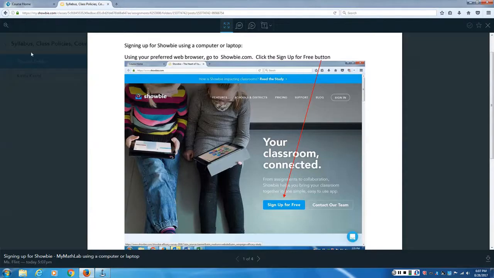So here we are. You go to Shelby.com and you want to click on the sign up for free button if you don't already have Shelby. Some of you probably already have Shelby from other classes. If you already have it, then go ahead and log into your Shelby account. Just use the username and password that you logged in with the first time, and you can just enroll in another class. But for the folks that need to sign up, you go to Shelby.com, click the sign up for free button,